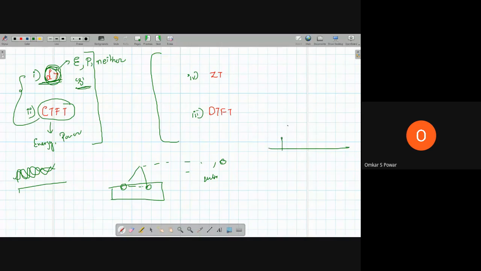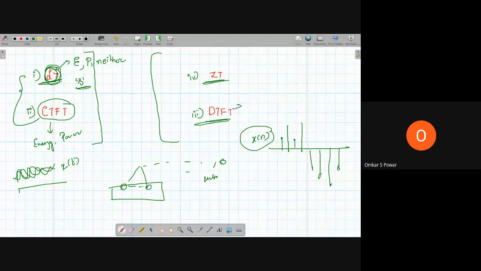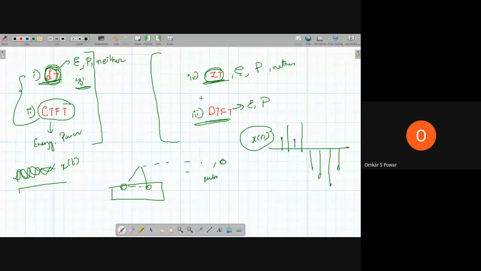For a discrete time signal, how will it look? It is discretized. So this is x of n, and this is x of t. Whenever we use discrete time signals, we use the discrete time Fourier transform and Z transform. Here also it is for energy or power; with the Z transform we can use both energy and power signals. Then, if you want to design an algorithm in the digital domain, we use this Z transform. Okay, let me come to that.